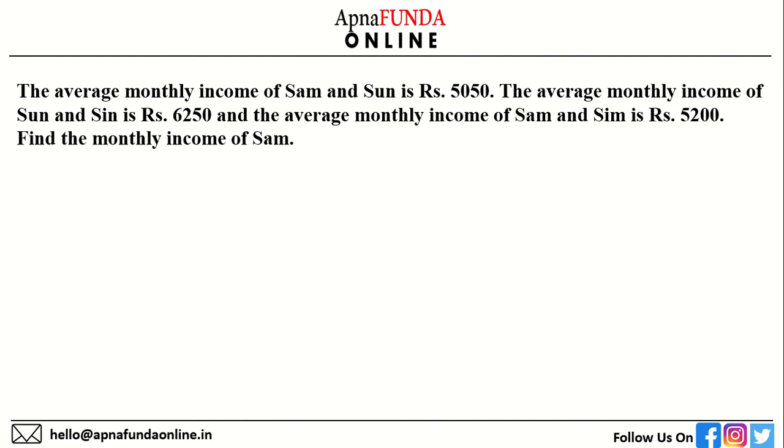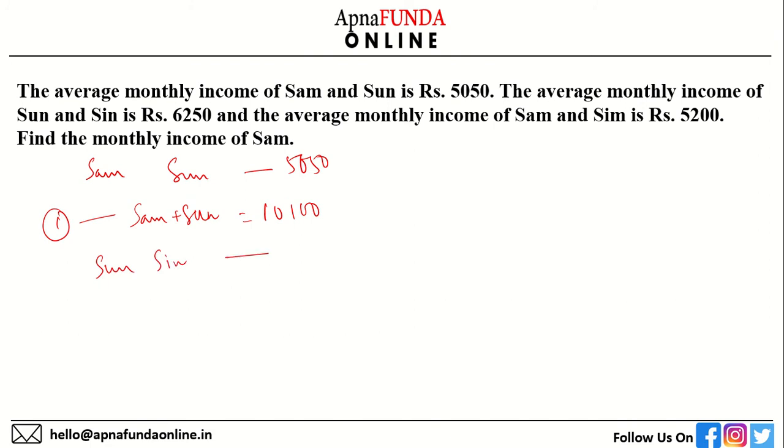So we know that Sam and Sun, the average is 5,050. So can I say Sam plus Sun is equal to 5,050 into 2, which is 10,100. This is my first equation. Similarly, the average monthly income of Sun and Sin is 6,250. So can I say that the total income of Sun and Sin is 6,250 into 2, which is 12,500. This is my equation number 2,